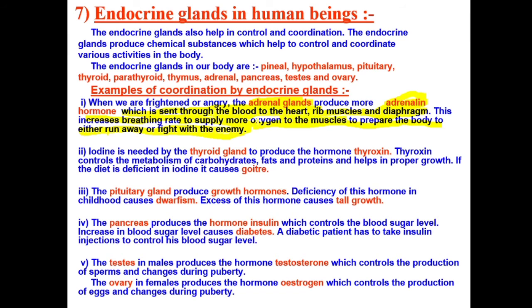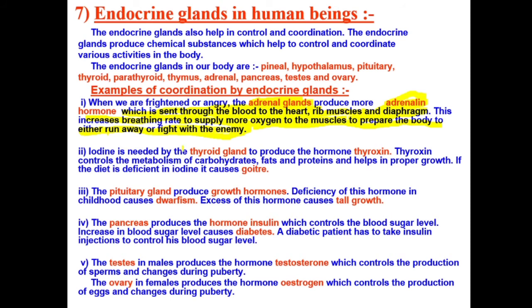So your body needs to get more oxygen. That's what adrenal glands are doing. It is telling your heart to beat faster so that more blood can reach your muscles. It is telling your diaphragm to breathe heavily so that you can absorb more oxygen from the environment. That's how adrenal hormones are working. Next is